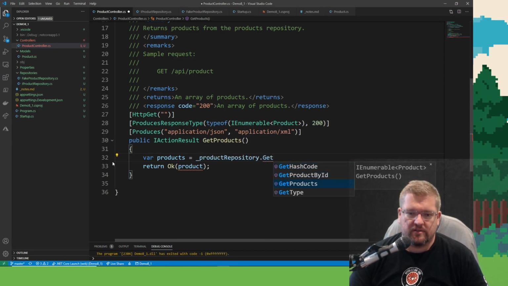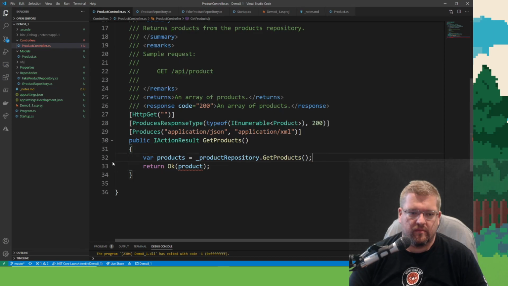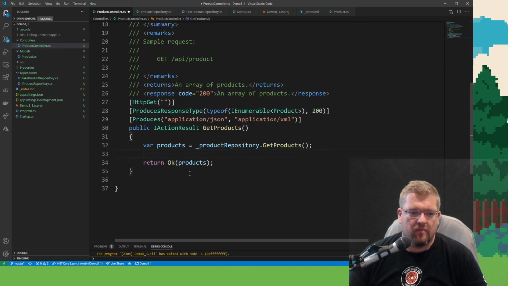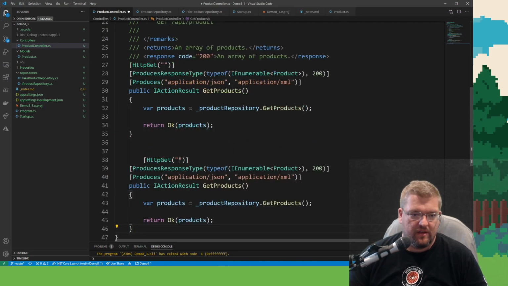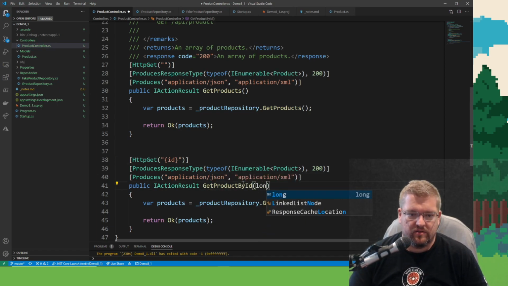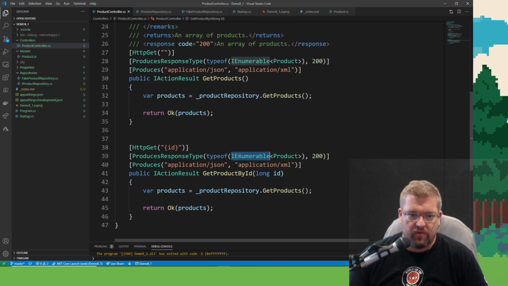Get products. So now if I take all this, let's drop in the ID. Get product by ID, long ID. This will return a product.